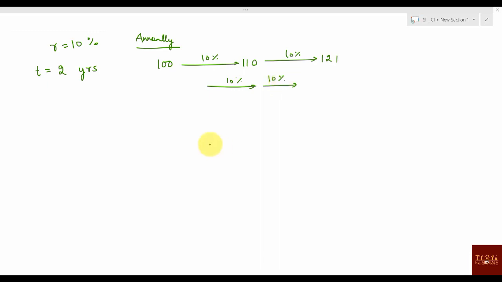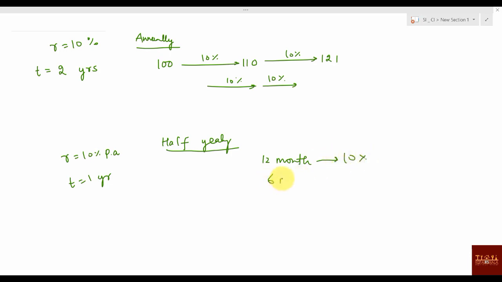But same thing, if I say that R is 10% only, time is 1 year, and now it is not annual compounding, it is half yearly compounding. Now you get to know one thing. Whenever they say 10%, they always mean 10% per annum. Until it is given that it is per 6 months or something like that, you'll always take it as per annum, for 1 year. So for 12 months, your rate of interest is 10%.